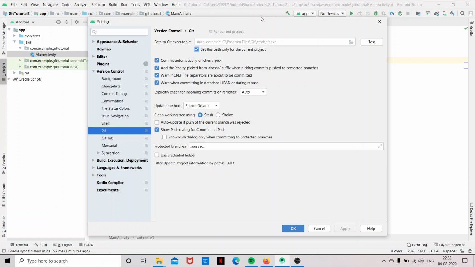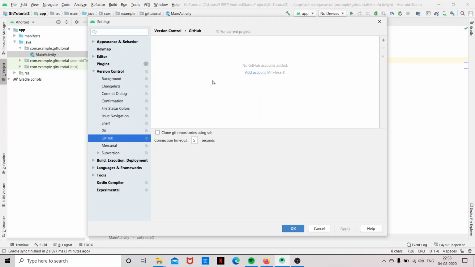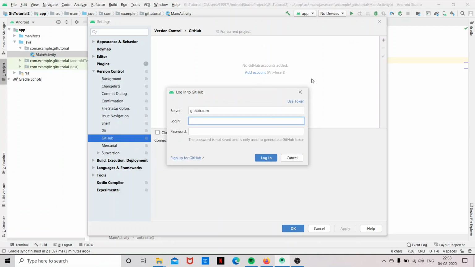If you have another path, or if Android Studio doesn't detect your Git path, you can copy your Git path and paste it here. You can click on test and it will display your Git version which is installed in your system. Once you have done that, go to GitHub, add an account.